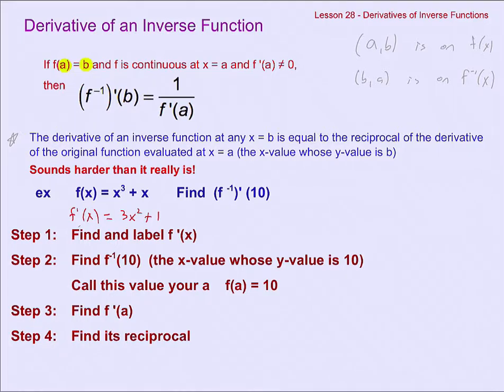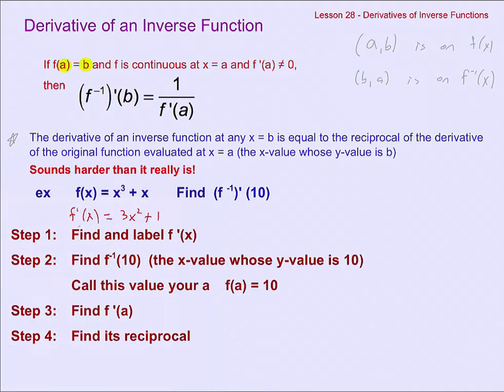I'm going to keep that on the back burner for just a minute. Step 2, we need to find f inverse of 10. Because if we look at the formula up here, if we want to find f inverse prime at 10, then we need to know what this other value is, what the a is, the number that corresponds to 10. The idea is what corresponds to 10